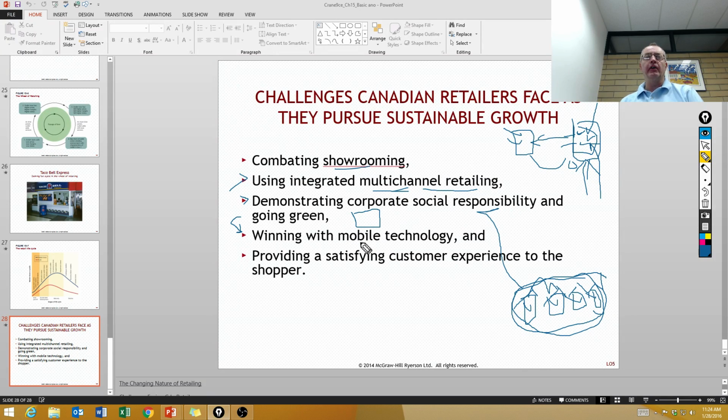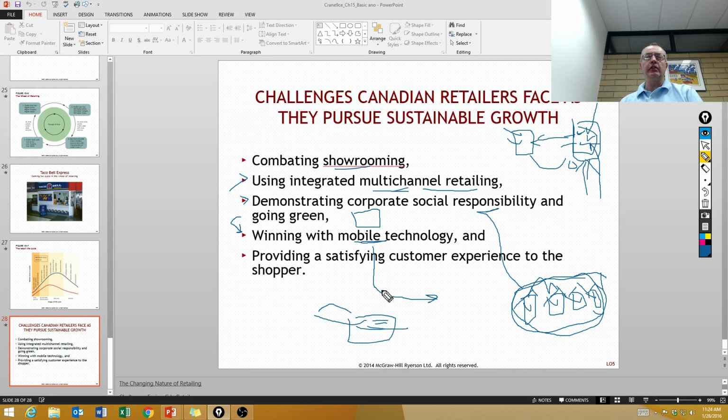And then we have companies increasingly adopting mobile shopping technology. This is where you have an app in your phone that allows you to engage in the shopping experience. We mentioned before, Walmart has a little app that allows you to scan QR codes on products, and then when you get to the checkout, you can pay for the products based on the list in your phone.